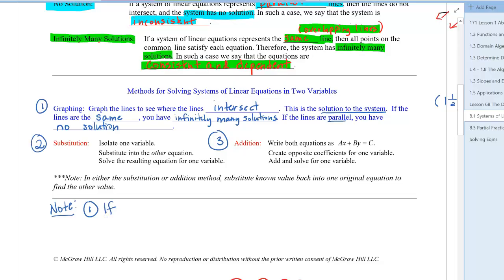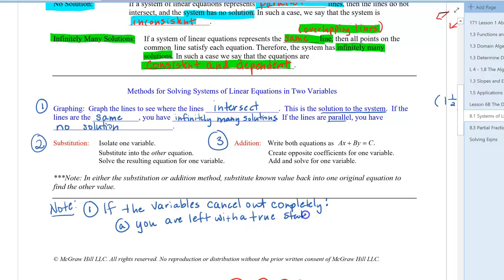If the variables cancel out completely, and you are left with a true statement, you have infinitely many solutions. If it is a false statement,